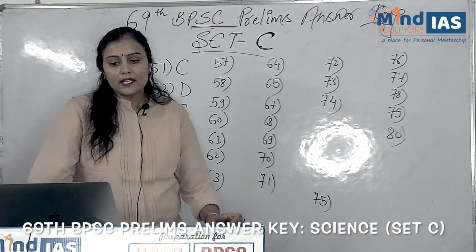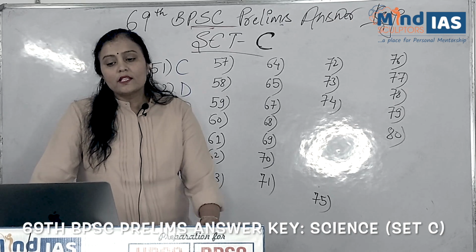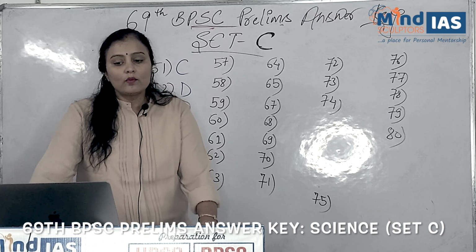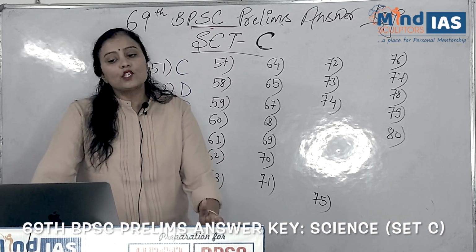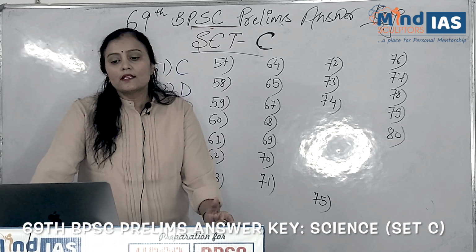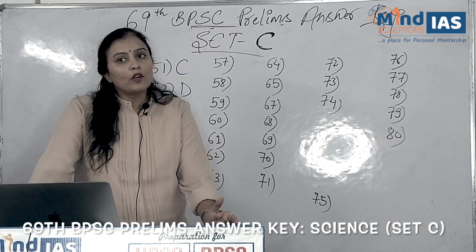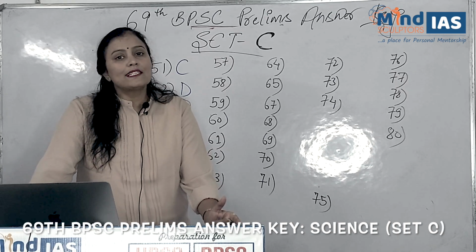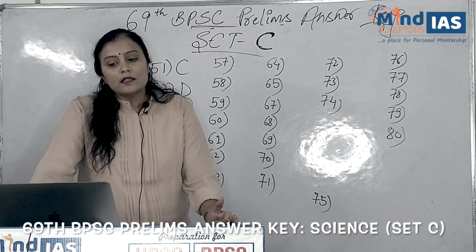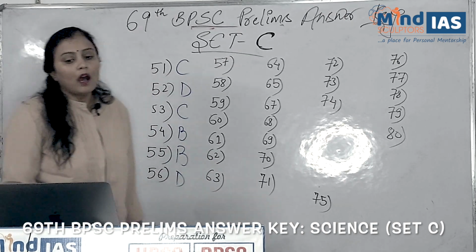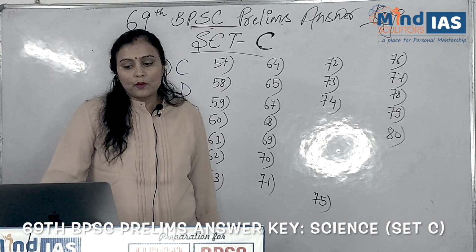Now move to the next question. Question number 56. Which of the following liquids is a bad conductor of electricity? Orange juice, lemon juice, salted water, and none of the above. As you know, orange juice contains citric acid, lemon juice also contains citric acid, and salted water, when you dissolve salt in water, it will produce Na positive and Cl negative ions, which obviously conduct electricity. So the answer for this question is D, that is none of the above.